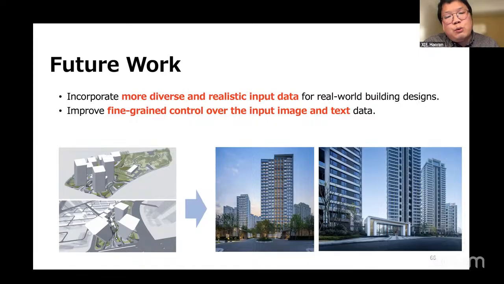We also want to improve the fine-grained control of the input image. That means we can control different layers, different stories of the buildings. We could even control the lighting, and for example balconies or windows for this kind of buildings.